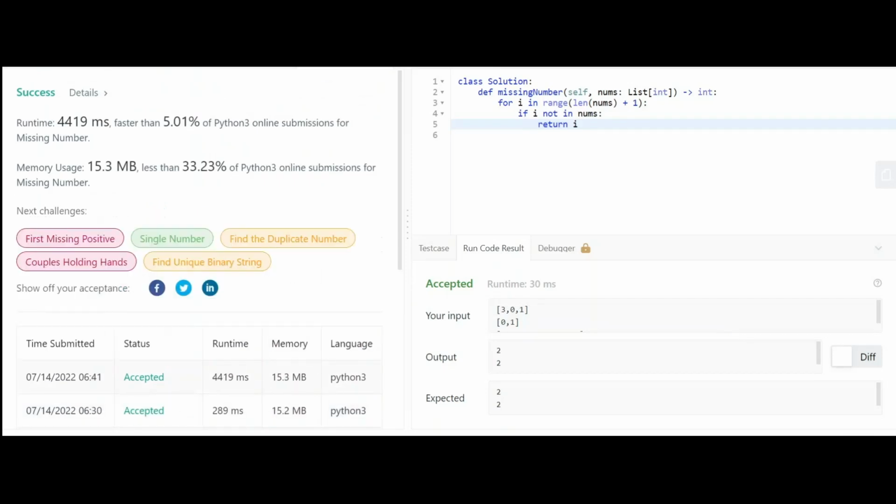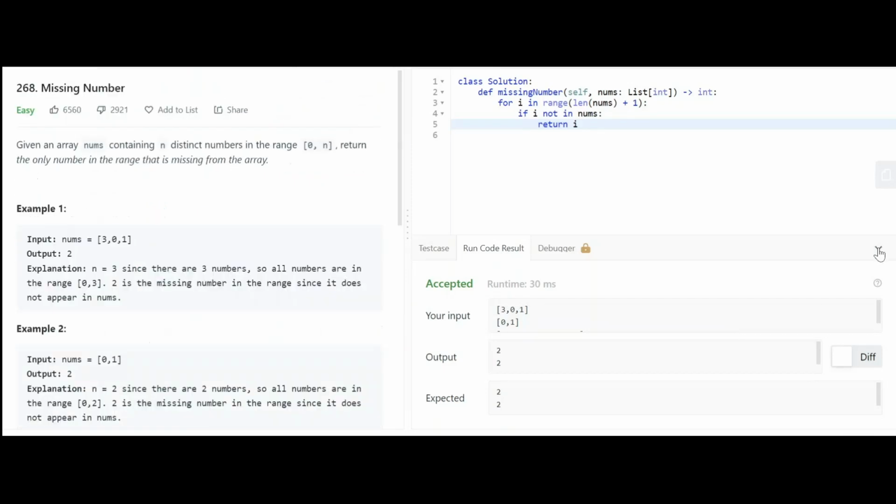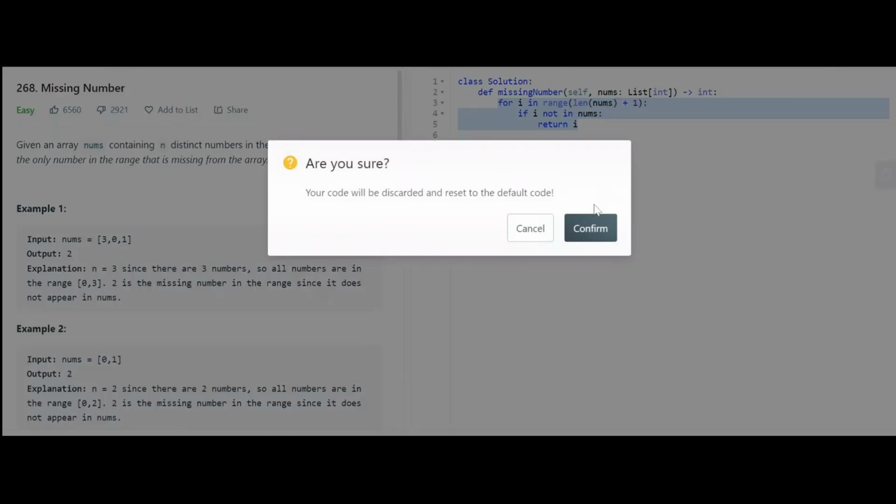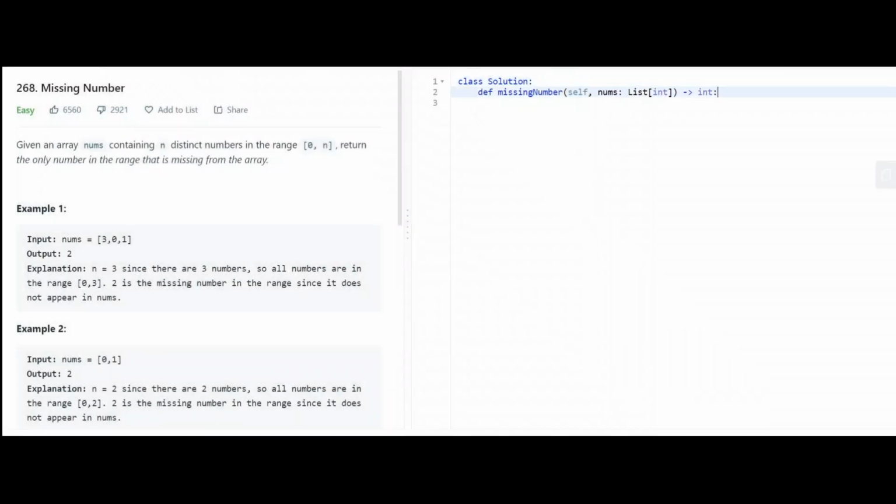Cool. Now this is the intuitive approach. Now let's work with our cyclic sort method. I'm just going to reset this to default. So we have i equals 0. This is the first index that we're starting from while sorting in place. So while i is in bounds,